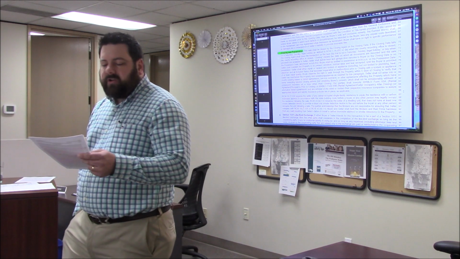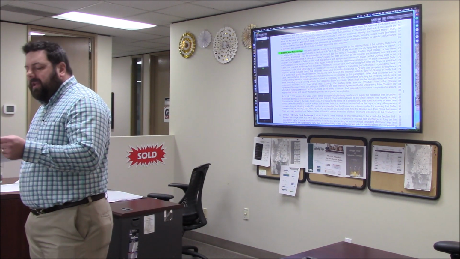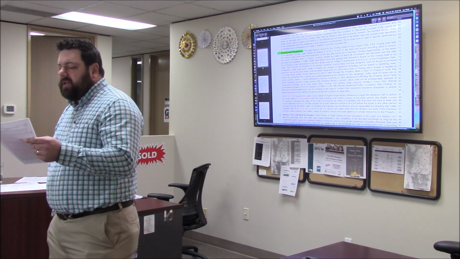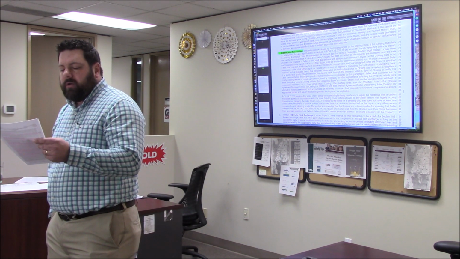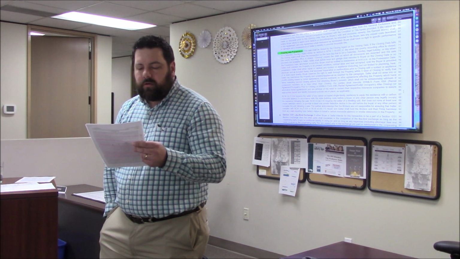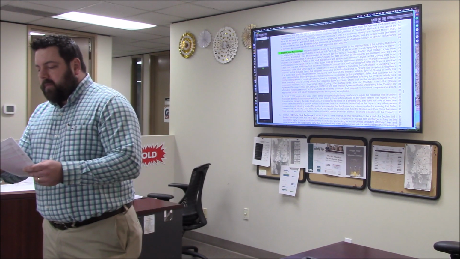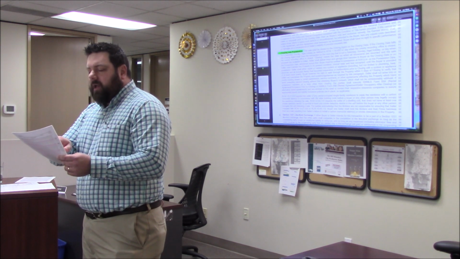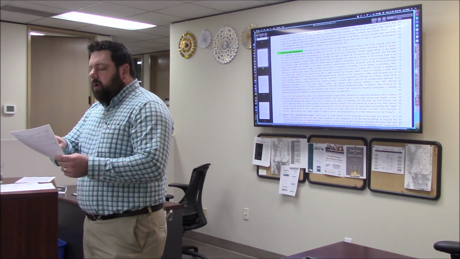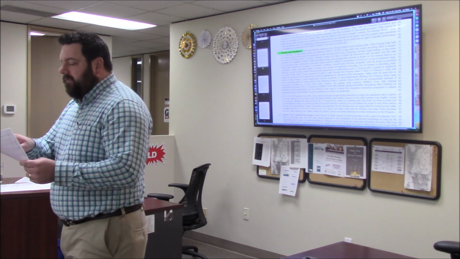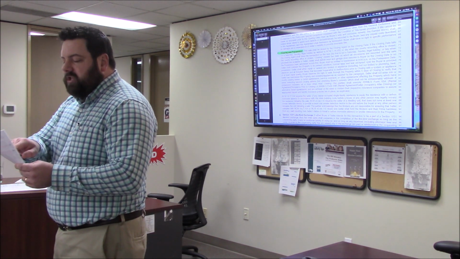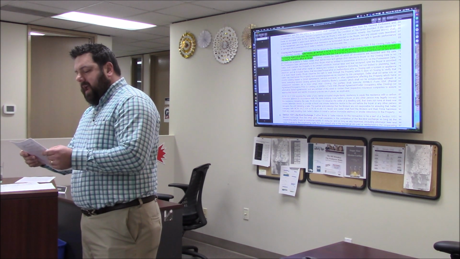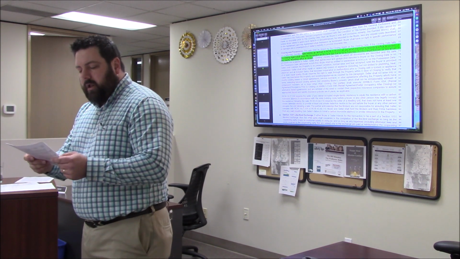If the closing date falls on a Saturday, Sunday, legal holiday as defined by RCW, or day when the county recording office is closed, the closing agent shall close the transaction on the next day that is not a Saturday, Sunday, legal holiday, or a day when the county recording office is closed. So,